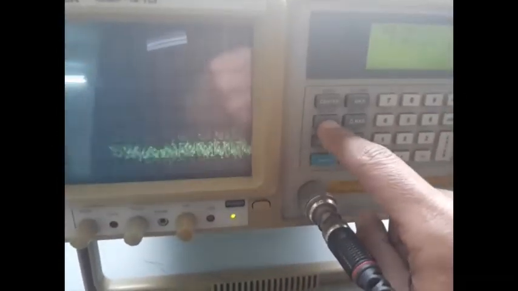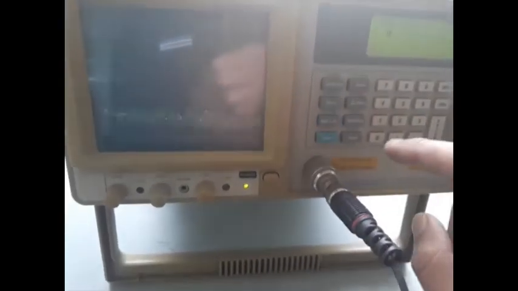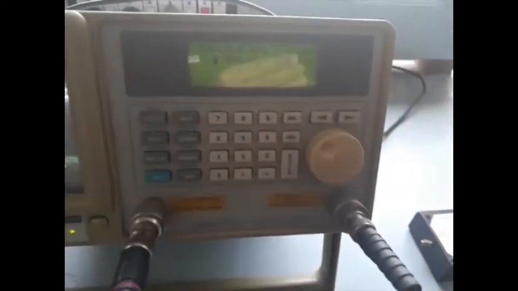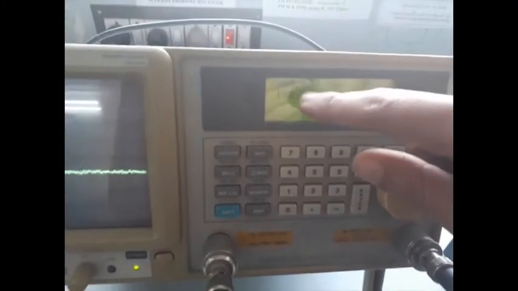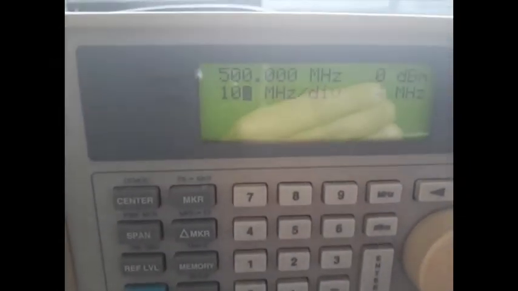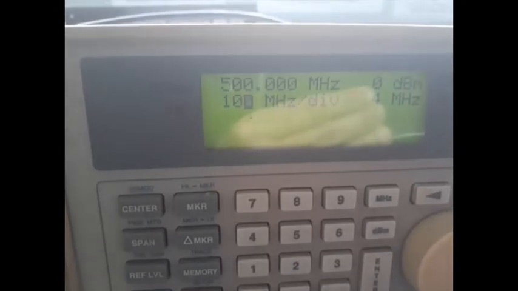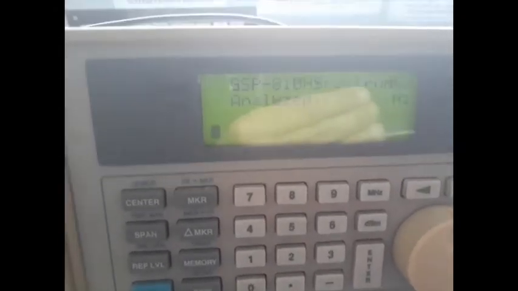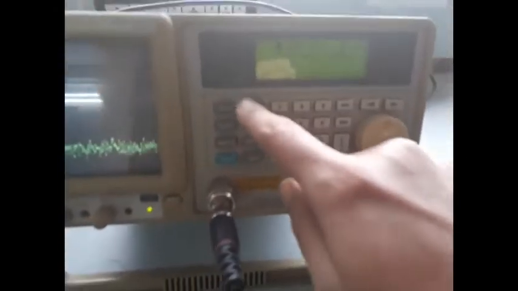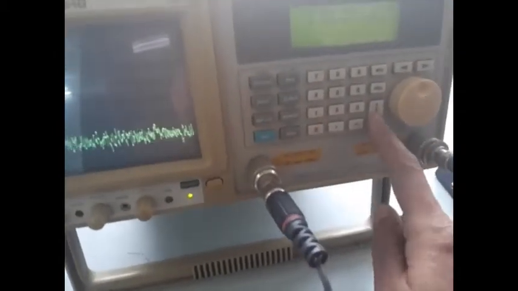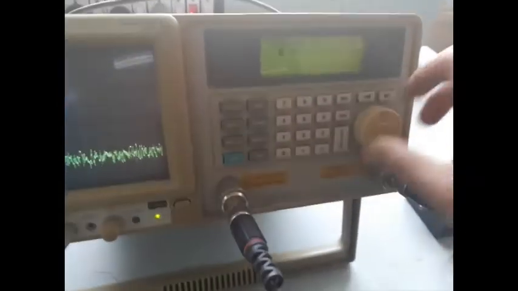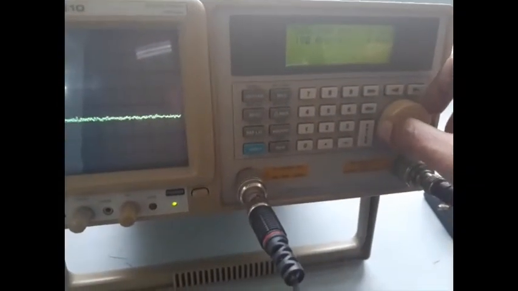So press span, and then you rotate it up to 100 megahertz per division. The line voltage is fluctuating.